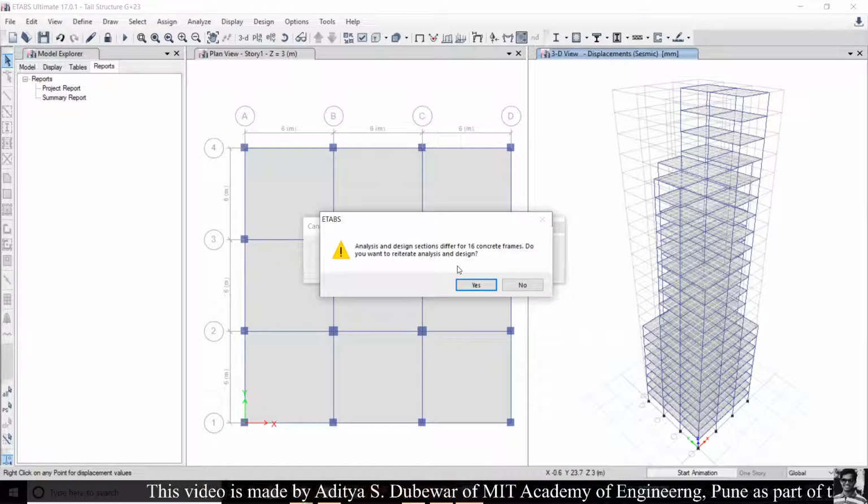If some frames are failing the design check, then reiterate the analysis and design. So click on yes.